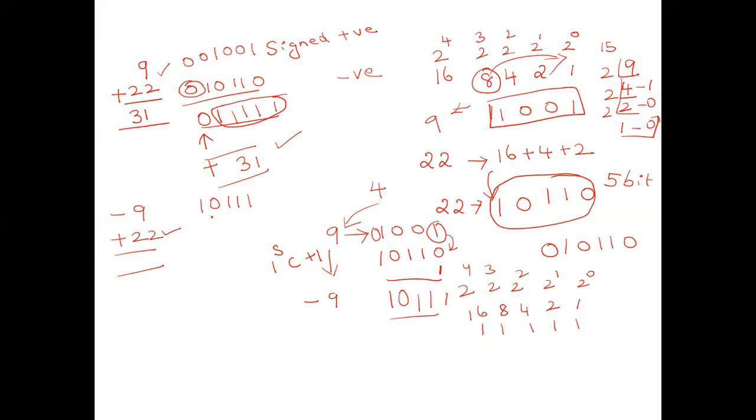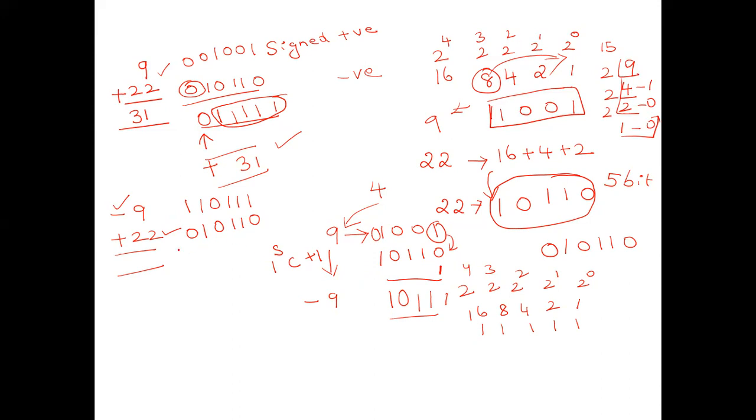What about 22? 22 is 1, 0, 1, 1, 0. But I will always say 22 needs 5 bits. To represent it as a signed number, we have to include one more 0. But here we have to include one more 1 because it is a negative number. Even if you add many zeros at the MSB, when you convert it, it will become a negative number. Any number of zeros added here will all be converted to 1, and 1 will be added, and you will get this number.